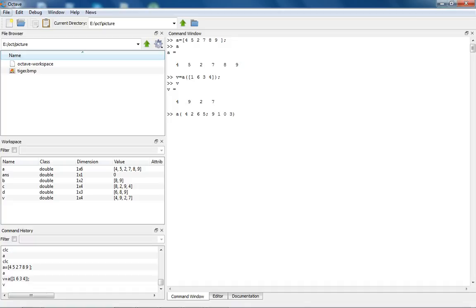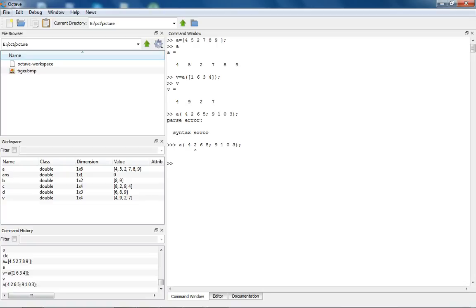This is the second row. So if I type A, I'll get the 2D array.